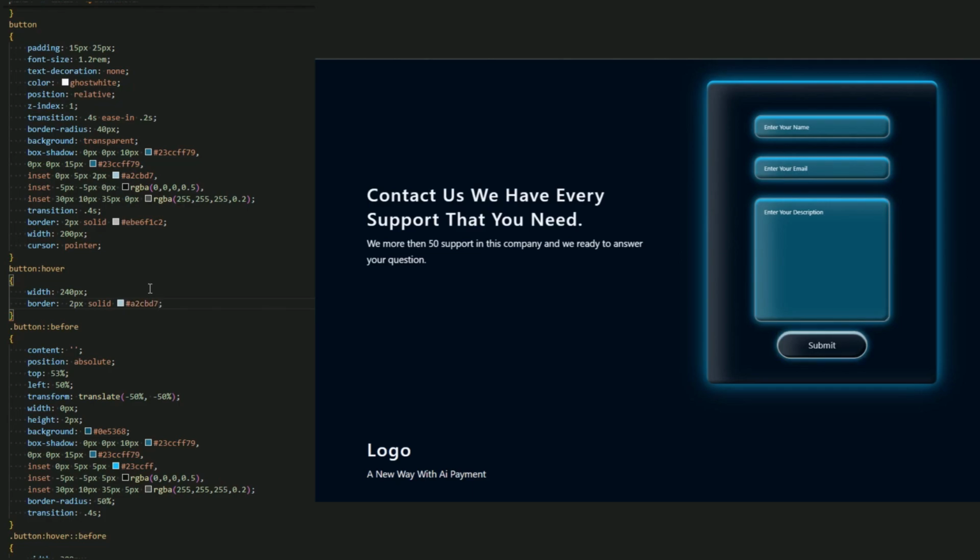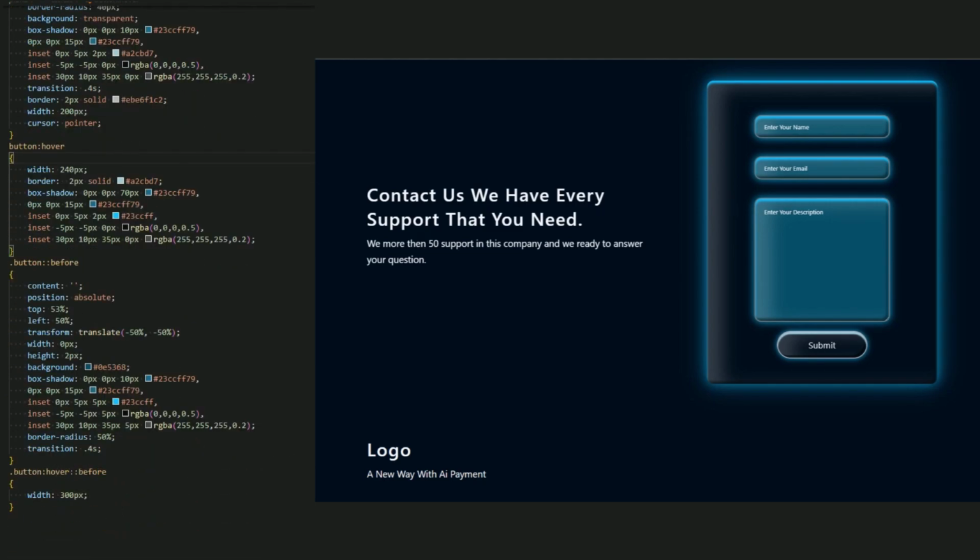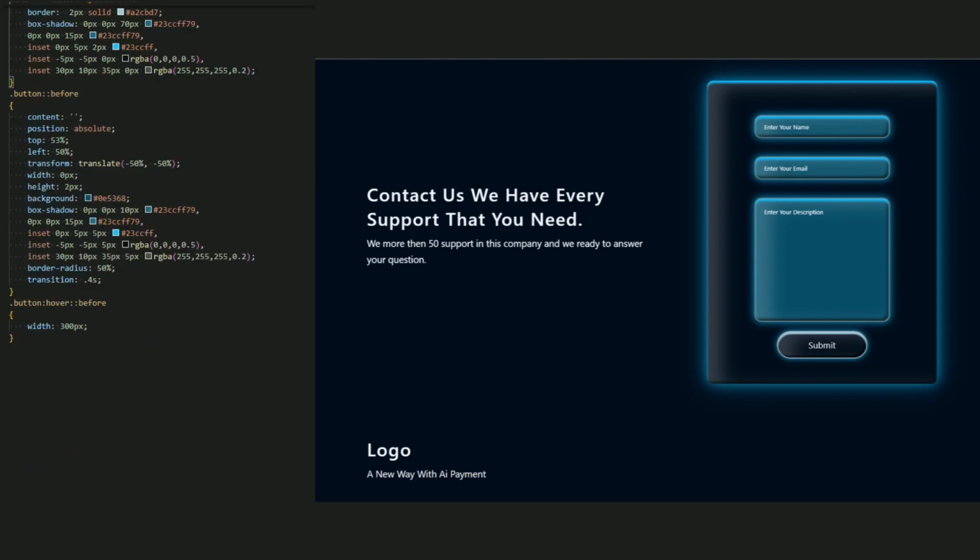Okay, and for the box shadow, let's use the same box shadow. The color change it to CFF. Yes, there we go. Yeah, I think it's good. Let me do 70. Yeah, now it's good for the button hover and the button hover before, instead of after, before. Okay, now let's go for the footer.